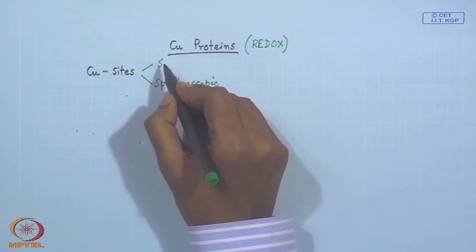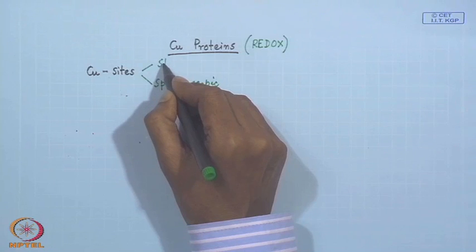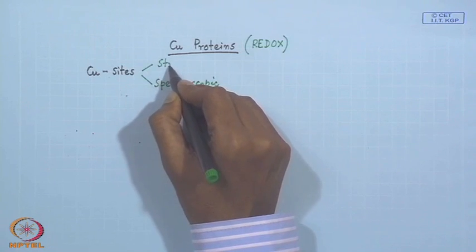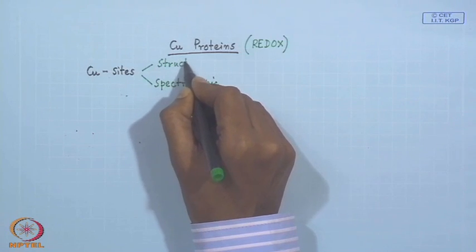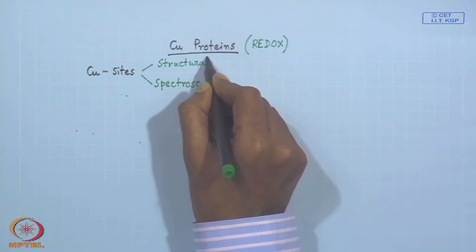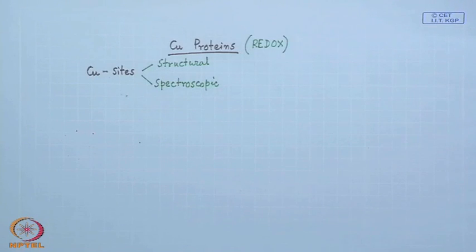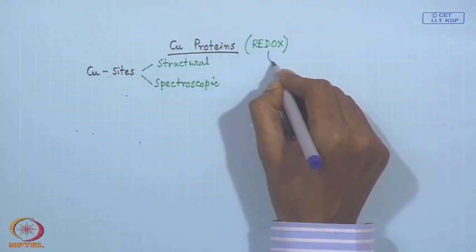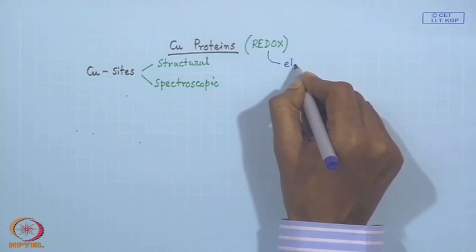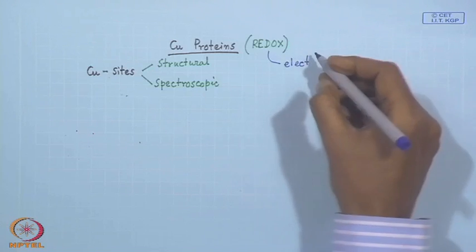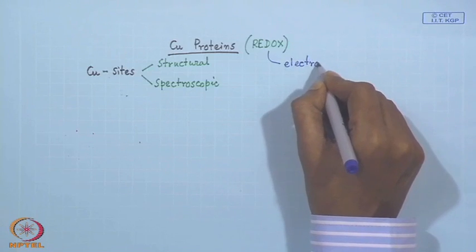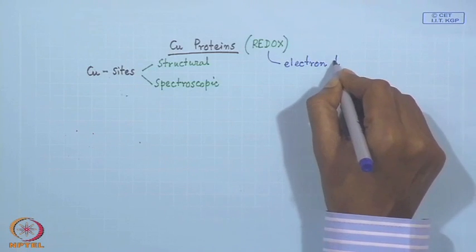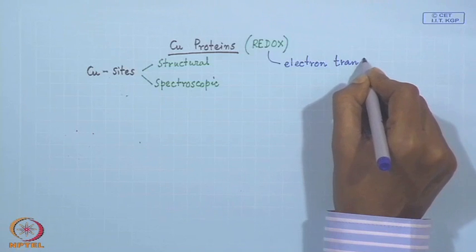One is spectroscopic characterization and another is structural. When we talk about spectroscopic characterization for these electron transfer proteins, because we are talking everything on electron transfer,